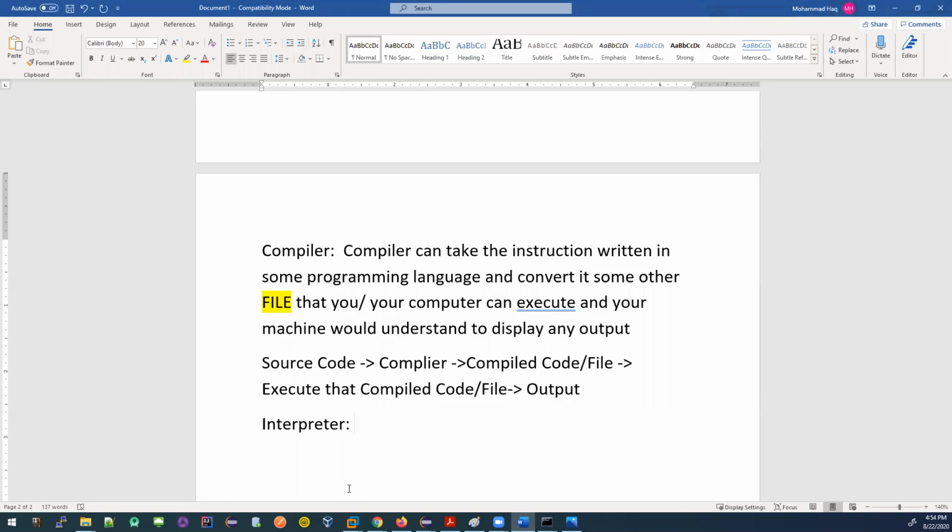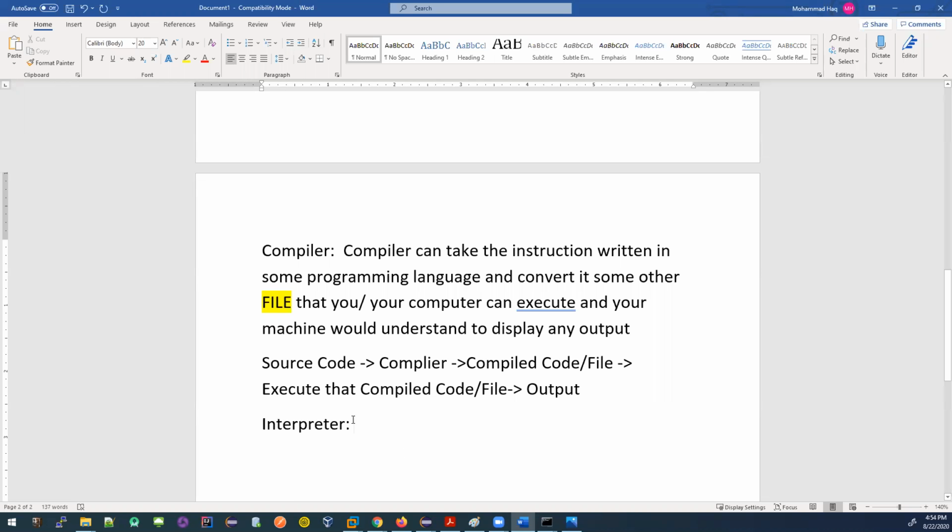Then I will ask the next question, like, hey Lisa, could you please let me know if Emily completed her homework or not. Lisa will go back to Emily and ask the same question, get the answer and give it to me. That means every instruction that I'm giving, Lisa is going to interpret it and pass it to Emily, and Emily is replying back and I'm getting the output. This is how an interpreter works.